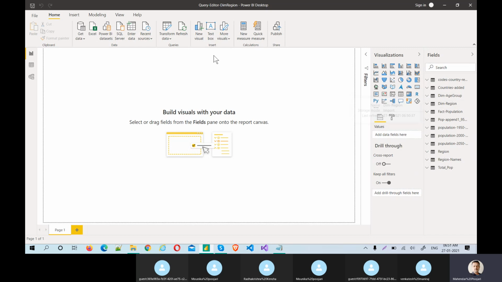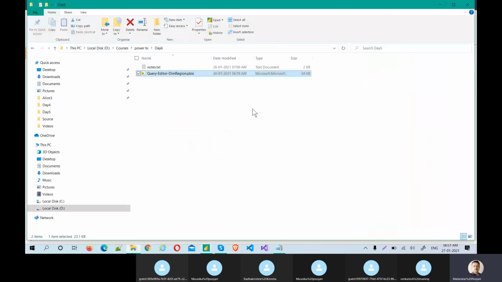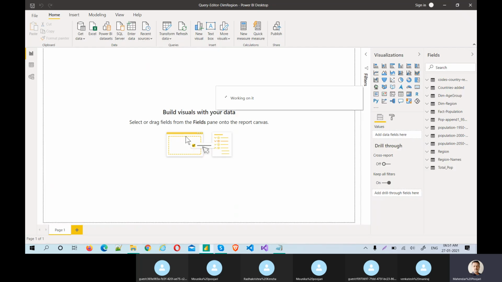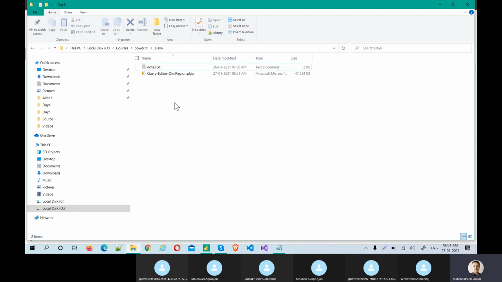Now you go back and save. First you need to save this. Once you save, you understand the file size. Let's refresh. It's working, right? See, 47 MB.